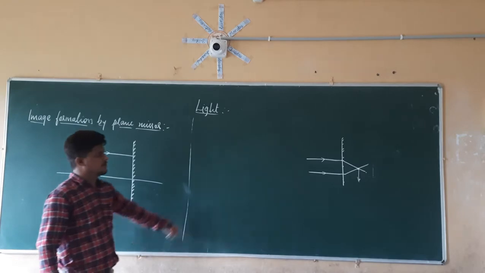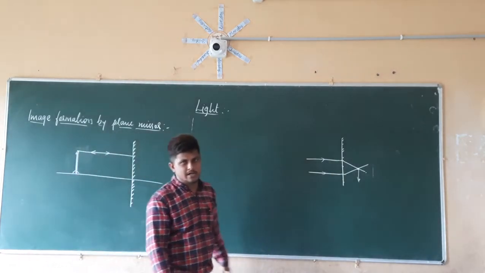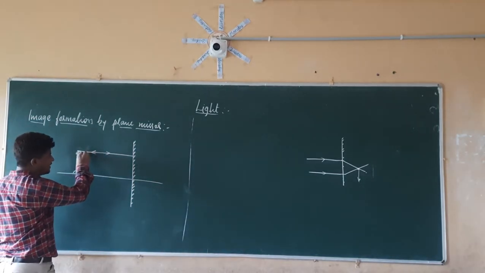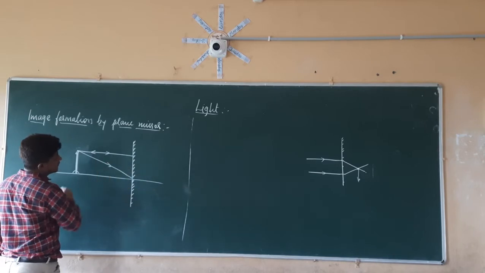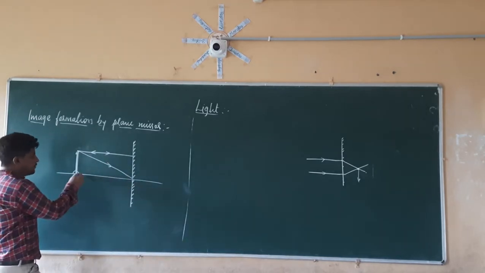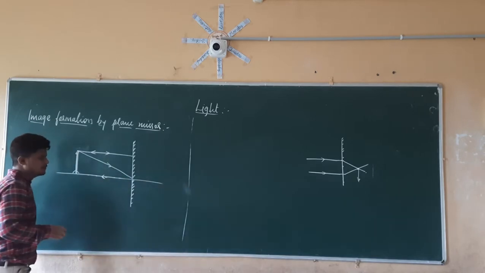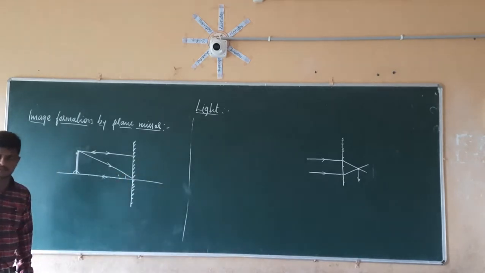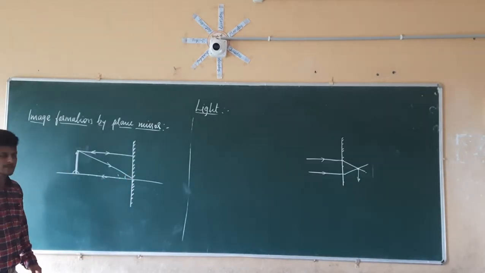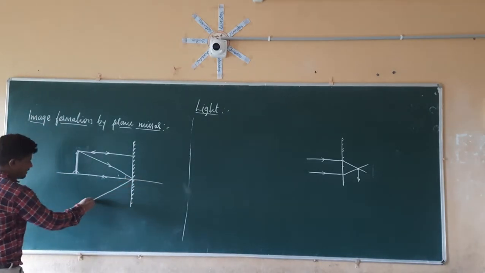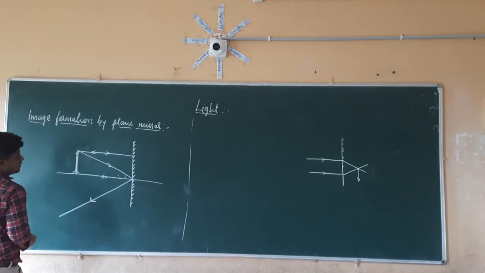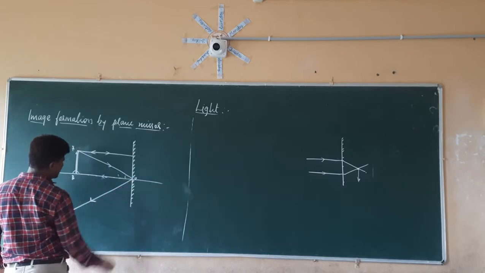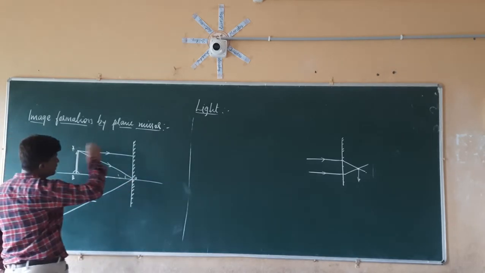I am going to take another light ray. You already know that for the formation of the image, two light rays are required. So I am going to take another light ray coming from this person only. Let us take that the light ray is striking at this point. This thing is going to become the normal here, and this is I, that is the angle of incidence. Then what will be the angle of reflection here? It will be the same, so this light ray goes in this direction after reflection. Right? So let the object be AB, this will be the point of incidence, and this will be C.